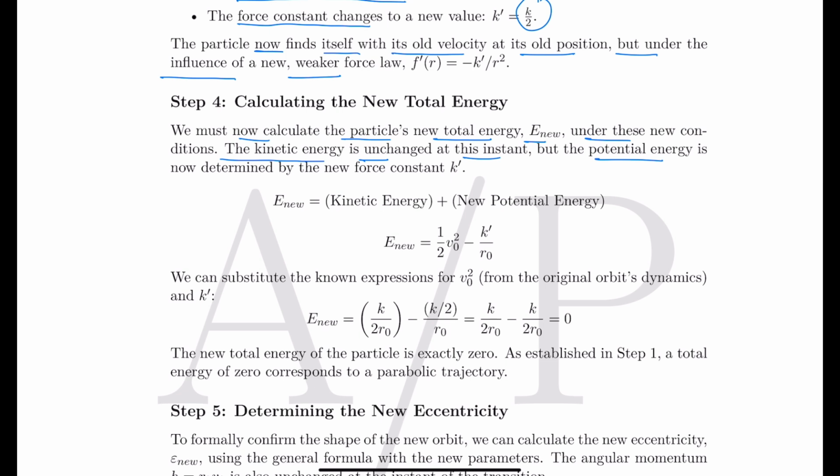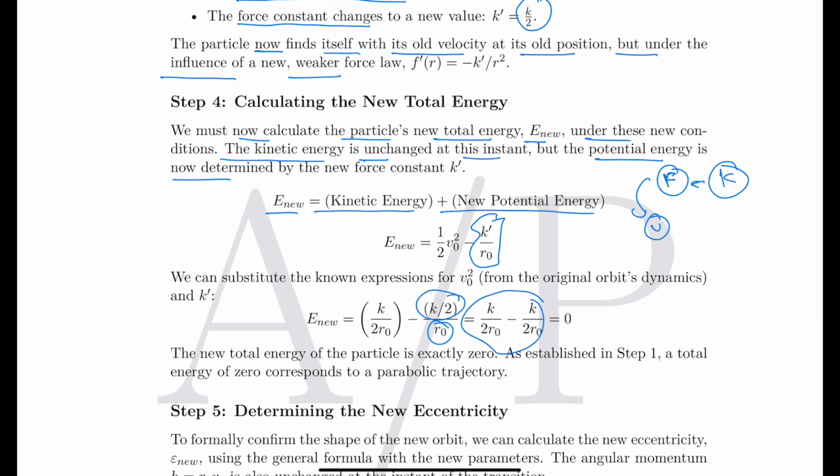But now the potential energy will definitely change, because potential energy depends on the force and k has changed, so potential energy will change as well. So let us formulate the new energy, that is kinetic energy plus the new potential energy, and the new potential energy will be minus k prime divided by r naught. So we could write it as k by 2 divided by r naught, and finally when we do it,